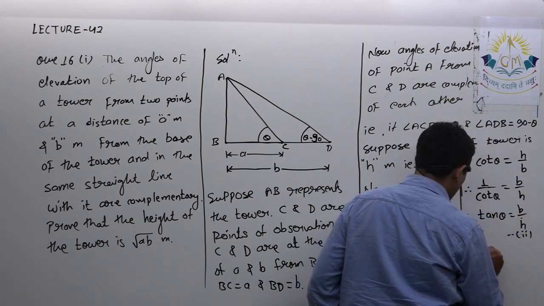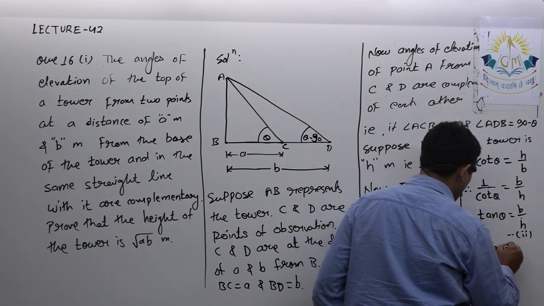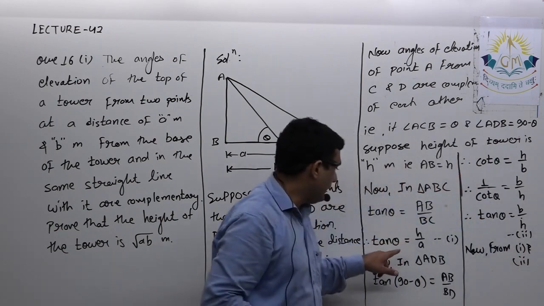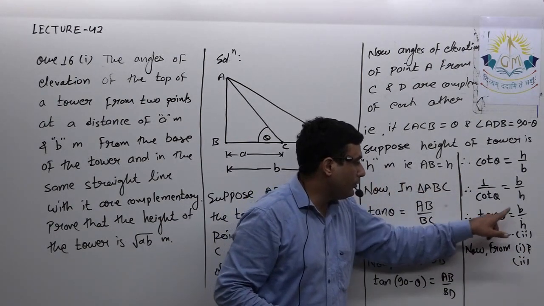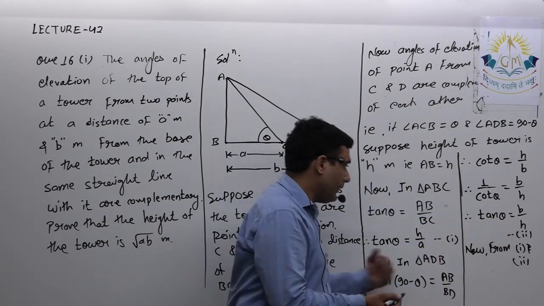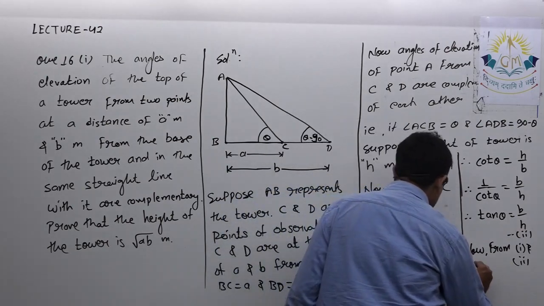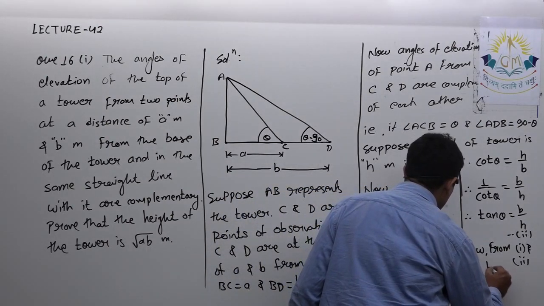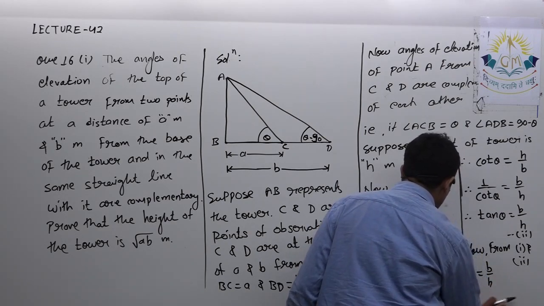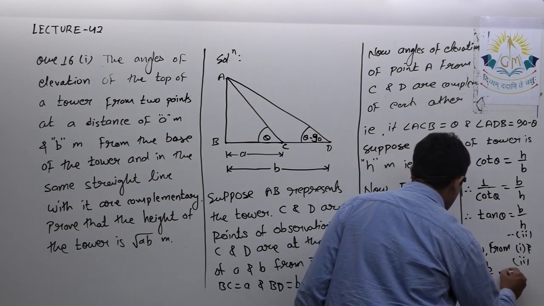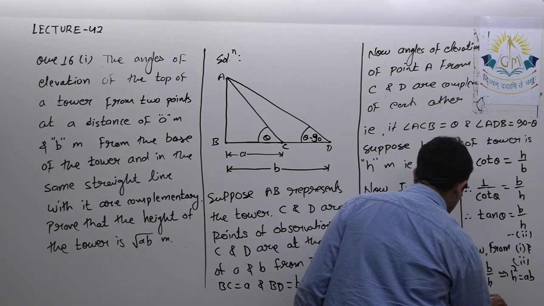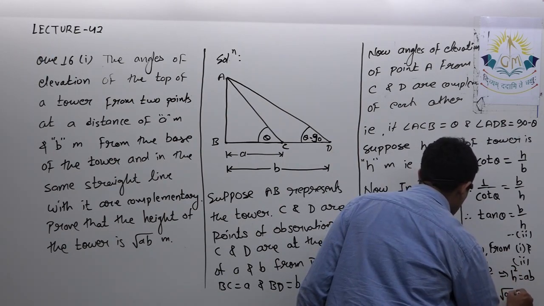Now from first and second, first is tan theta equal to h upon a, second is tan theta equal to b upon h. Both in these two equations left sides are equal, so rights will be equal. So I can write, h upon a is equal to b upon h, which gives you h square is equal to ab. Therefore finally I can write h is equal to root ab